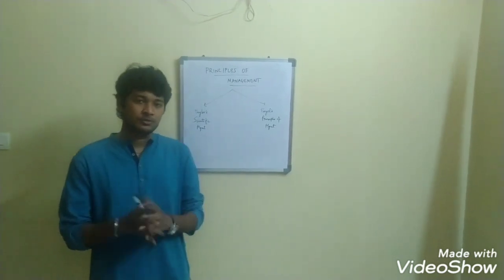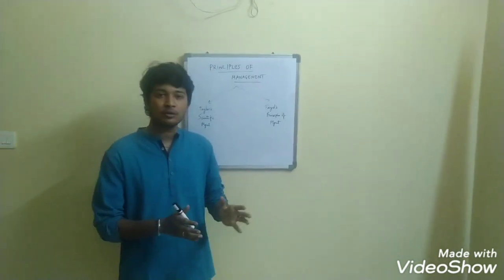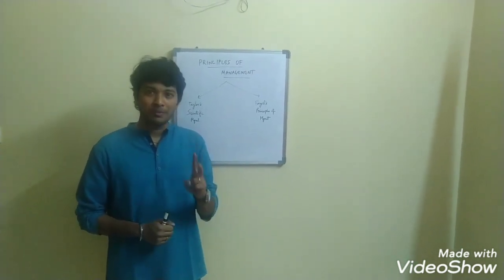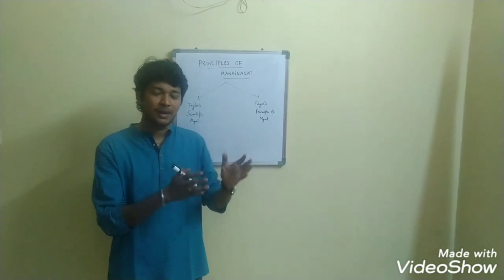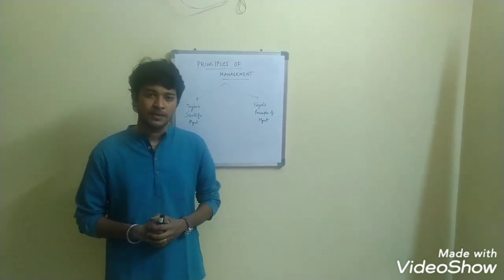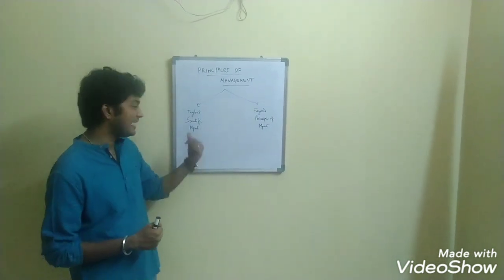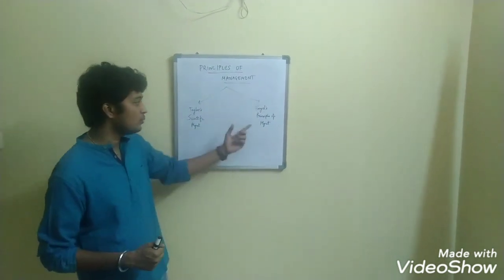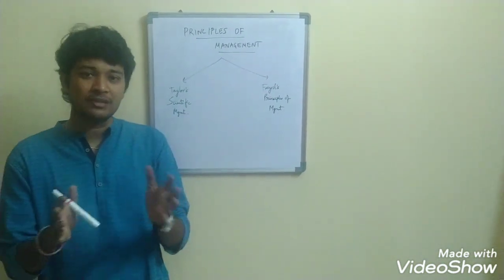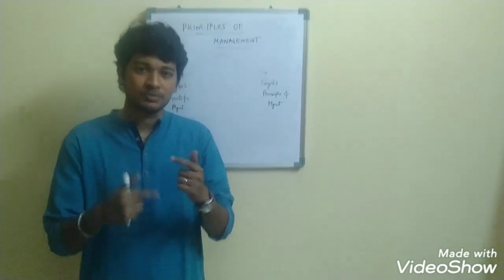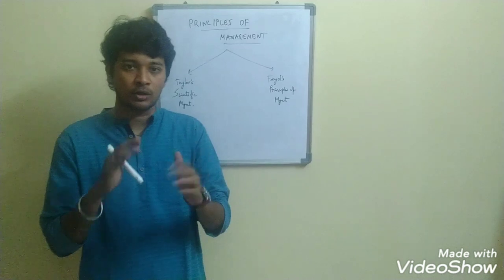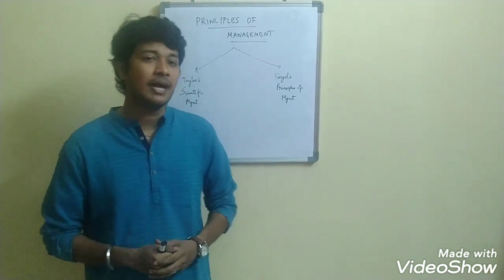Speaking of principles of management, with respect to this particular chapter, there are two important things. There are two management gurus who have come up with certain management principles which they devised and gave to the world. The first one is Taylor's scientific management, and the second one is Fayol's principles of management. First of all, you need to understand the primary difference between the two. We'll get into a separate differences part, but first, on the broader note, the main difference is that